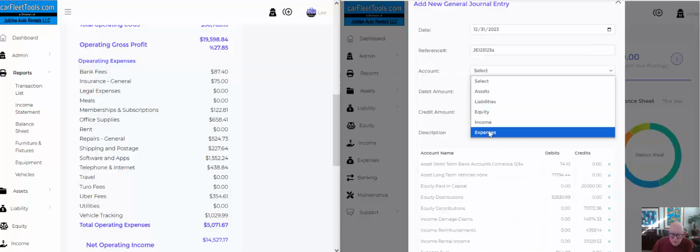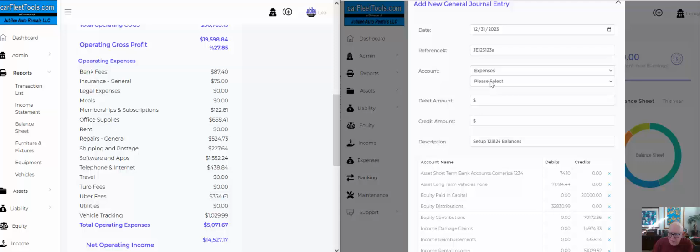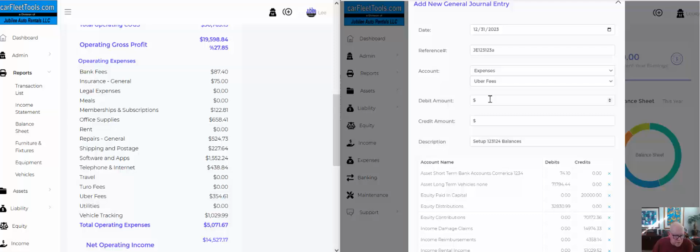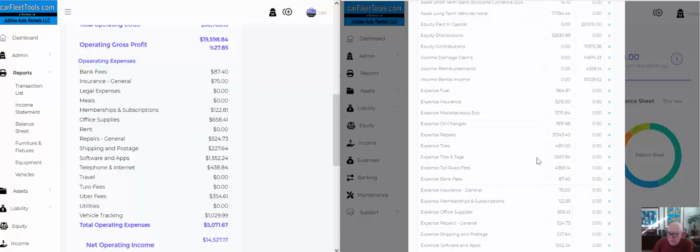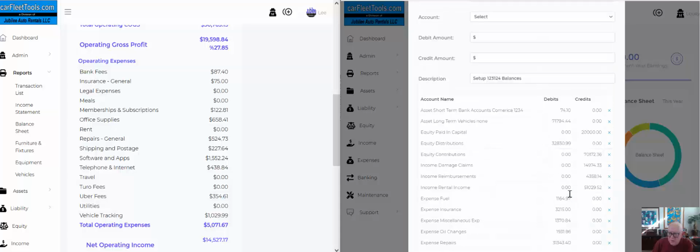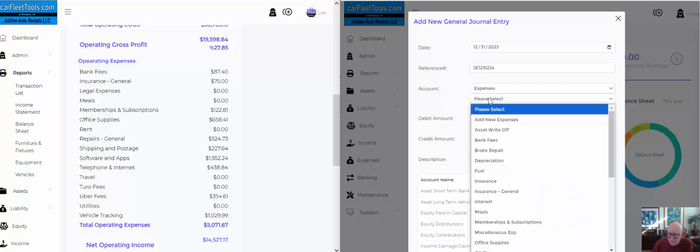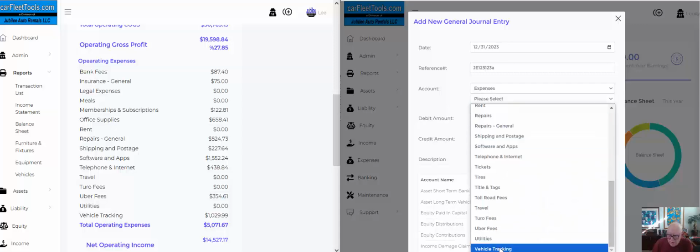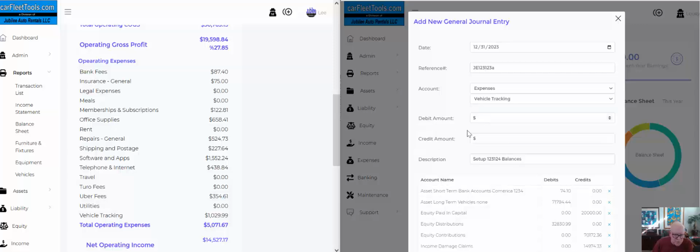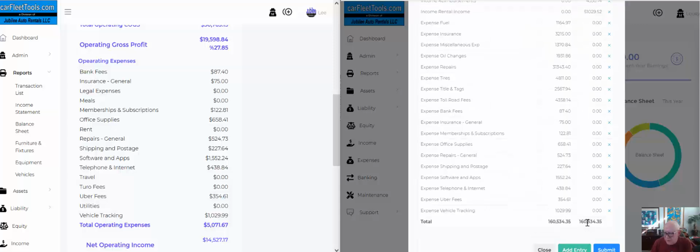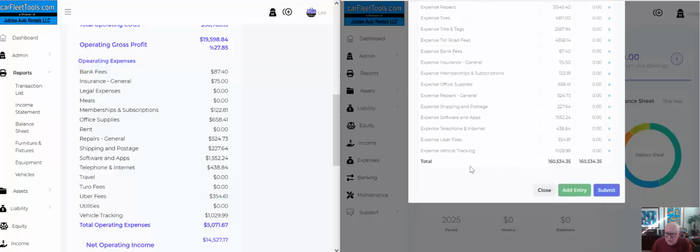So the next one, expenses, is Uber fees. So we'll come down to the end and get Uber fees. These are alphabetized. $354.61. And then we'll come up here and get our last one, expense, vehicle tracking. These are the bouncies that I use, so vehicle tracking, and that amount is 1029.99, and then we come down and we add the entry,